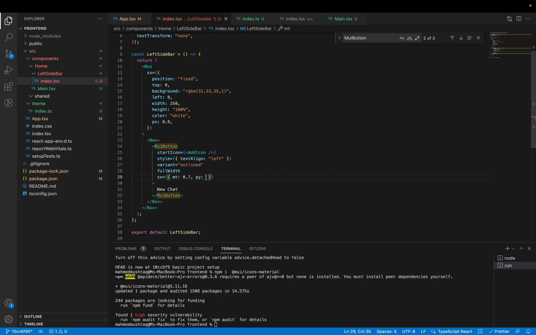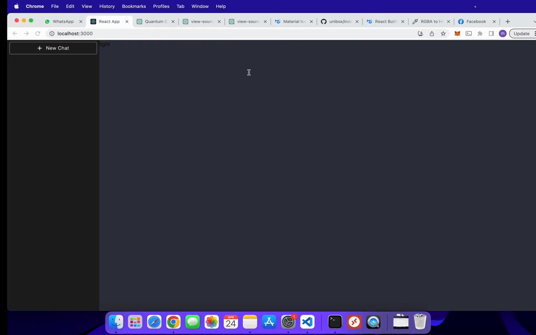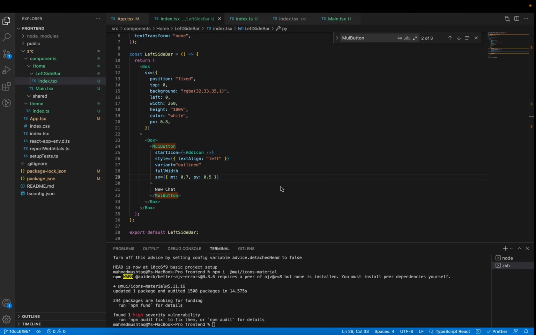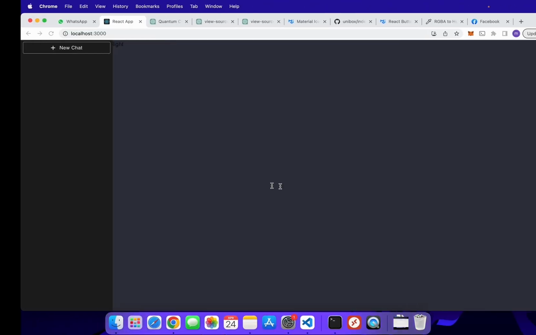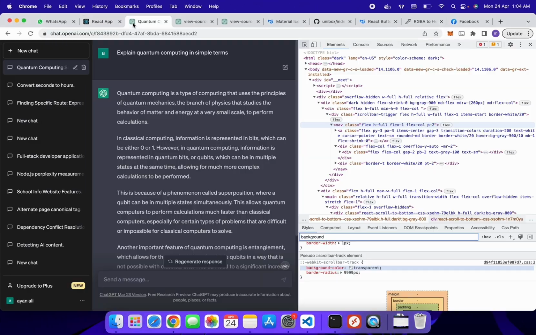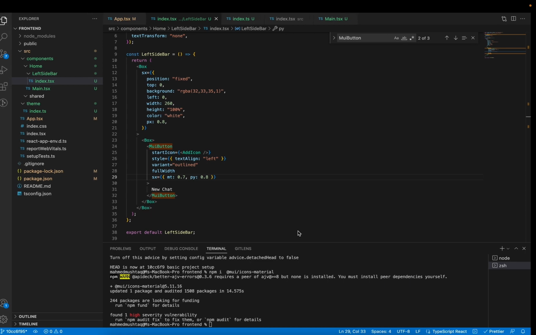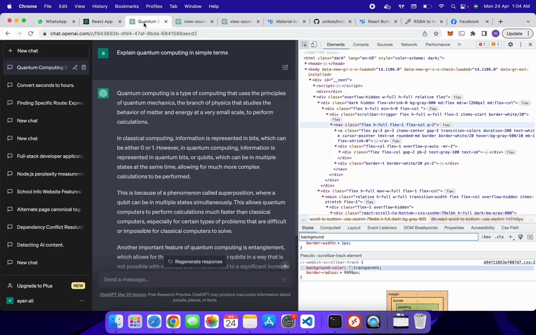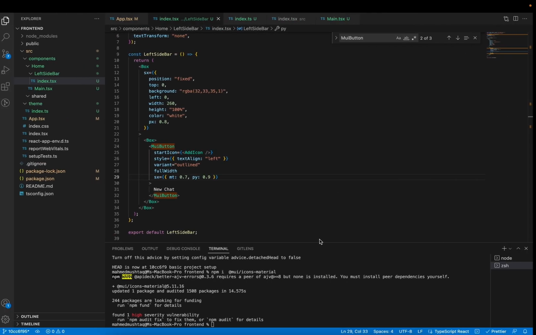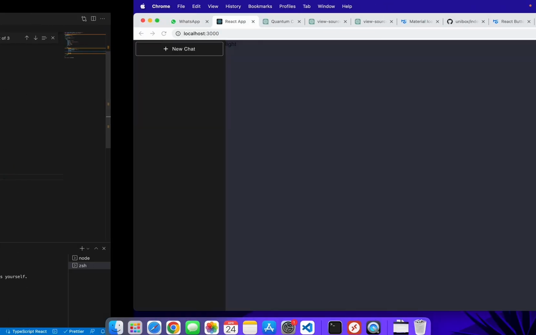Also add some py 0.5 or 0.8. Add more, 0.9, or add it more. Okay,